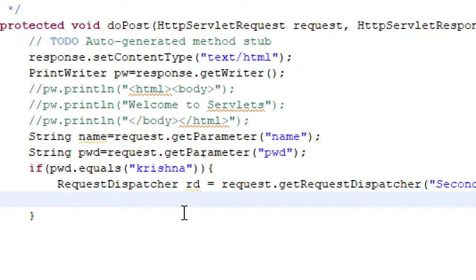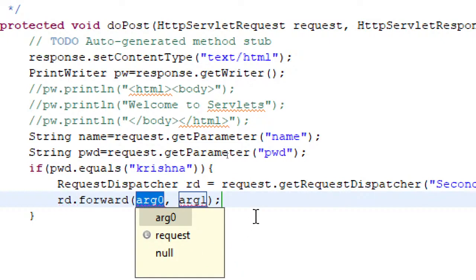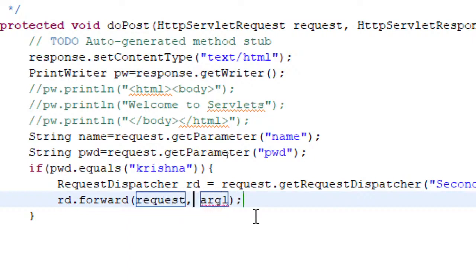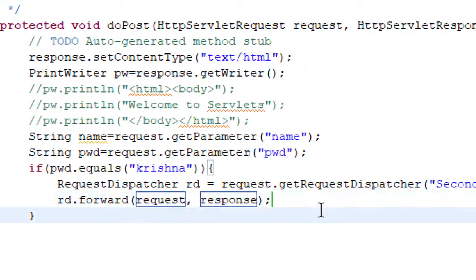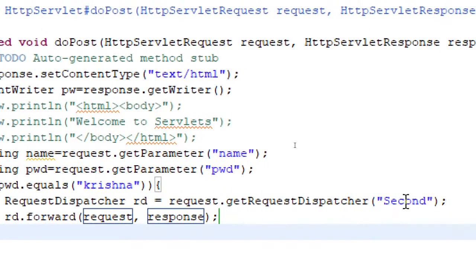And then here the request dispatcher object is there now, so I'm using it to forward: request comma response. So you just need to pass the request and response objects. So if the password is equal to Krishna, then only I'm going to forward the request to the second servlet.